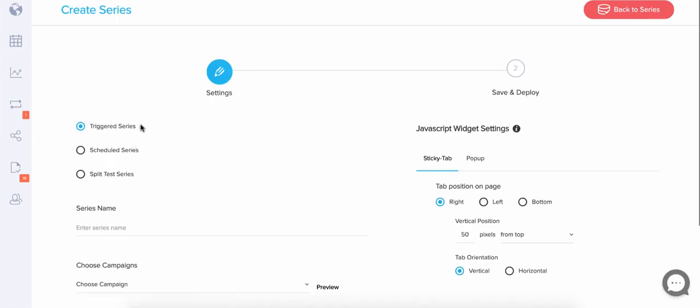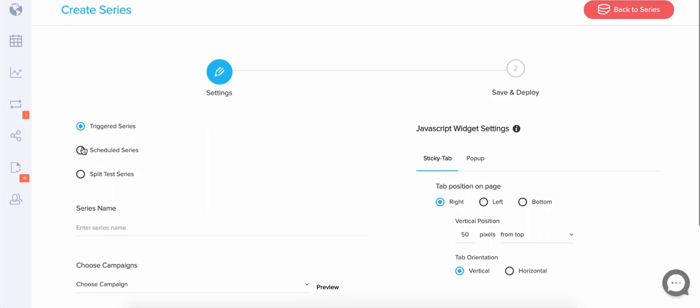The way a triggered series works, it's like having an automated real-time funnel. So a triggered series will display the same campaign to a certain individual until they submit to that campaign. Then the next time they come back to the page, it will automatically advance to the next campaign in the series. So we're not going to keep bugging them to do the same thing over and over every time they visit your page. And that's also on your Facebook tab as well,